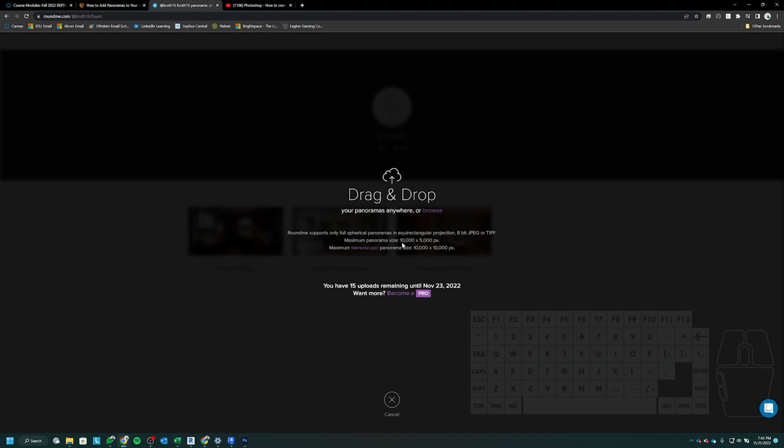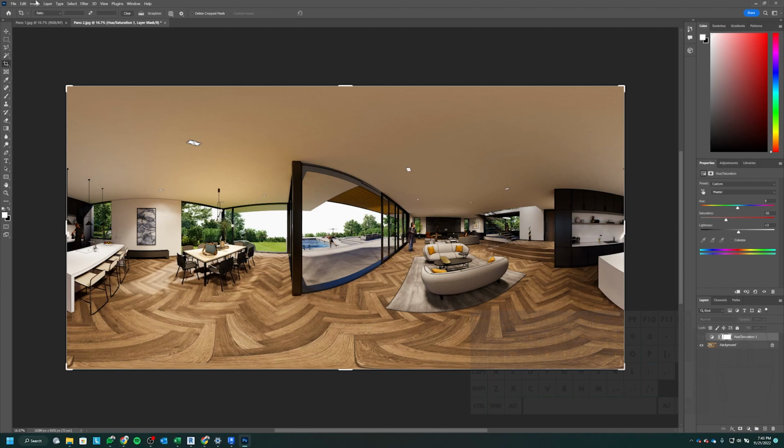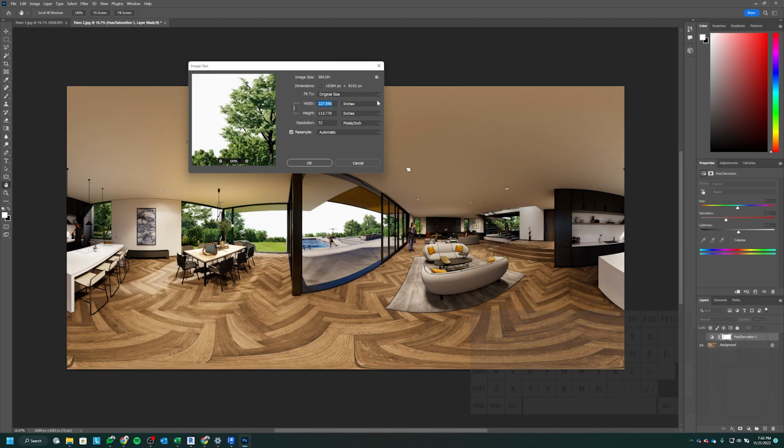Maximum panorama size 10,000 by 5,000 pixels, right? So what I want to do is basically go off of that bigger number here and drop this down so that I can get the maximum resolution out of what I rendered out of Enscape. Okay, so we're going to stick with this 10,000 number. So we'll go back to Photoshop and we'll go back to our image size settings, switch this back to pixels,